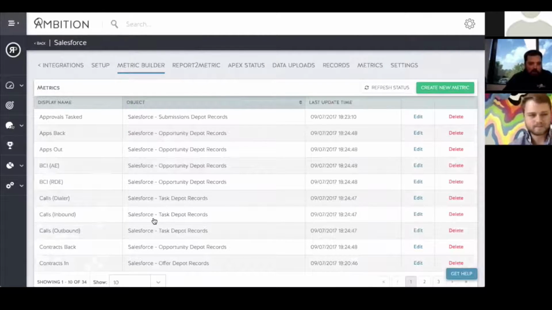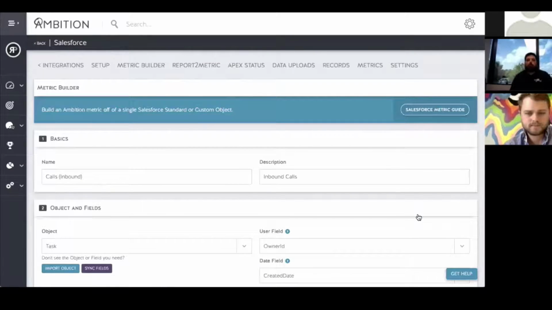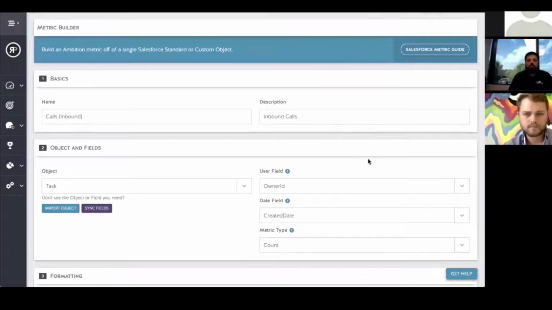Now, let me pull up calls inbound, which is probably a good one to take a look at. This metric is powered through New Voice Media and it's coming into Salesforce, and that's where the data is kept. The biggest thing for us to understand when building a metric is that any metric pulling from Salesforce needs 2 things. It needs a date and time, and it needs a user, because the user is who's going to be assigned credit, and the date time is the trigger time of how it knows that action happened.